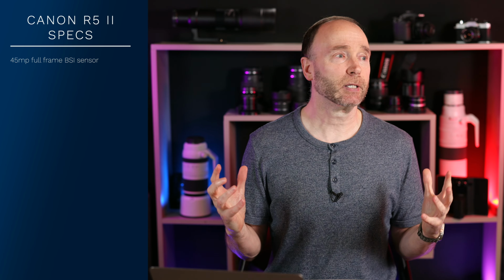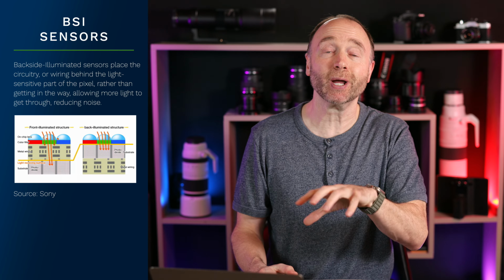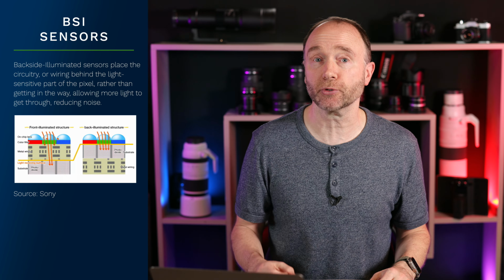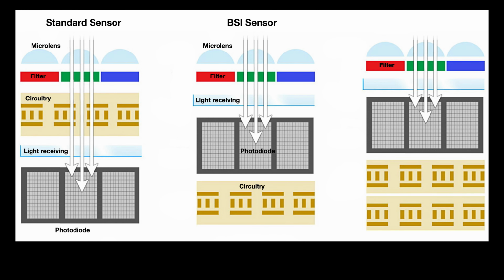What a backside illuminated sensor does is gives us most of the benefits of a stacked sensor. We have that ability to have improved low light performance, more dynamic range, better color rendition in those low light conditions. That's what a backside illuminated sensor does. Instead of having the circuitry in front of the photodiode, it moves it to the back of the chip, and that's what allows more light to be captured by the photodiode, giving us that improved dynamic range and low light